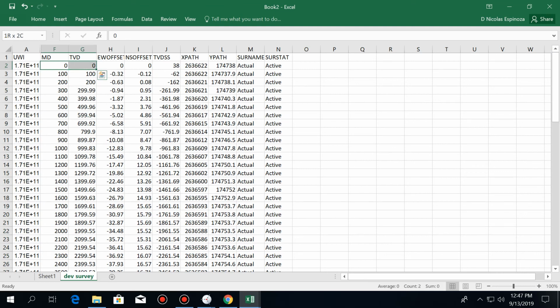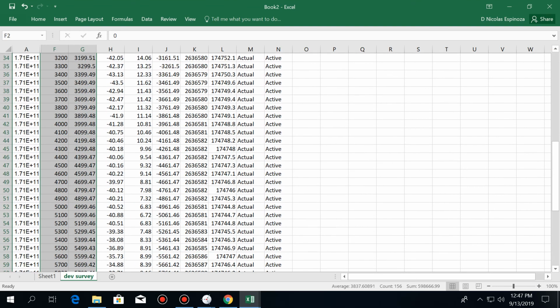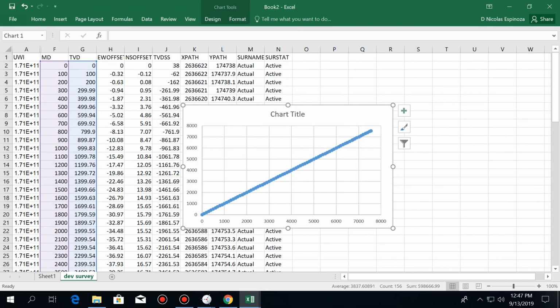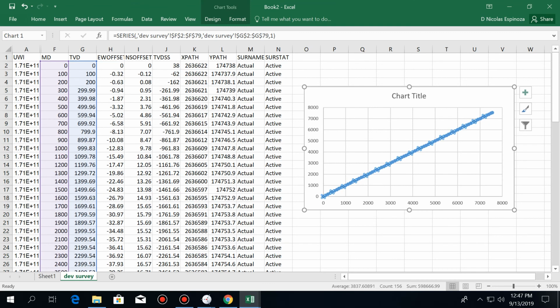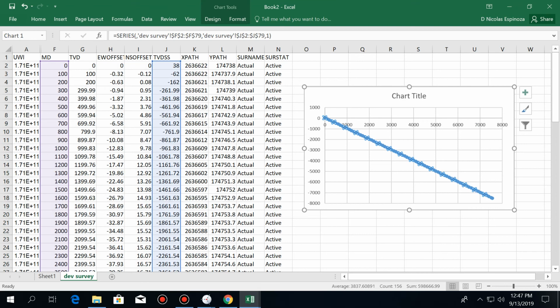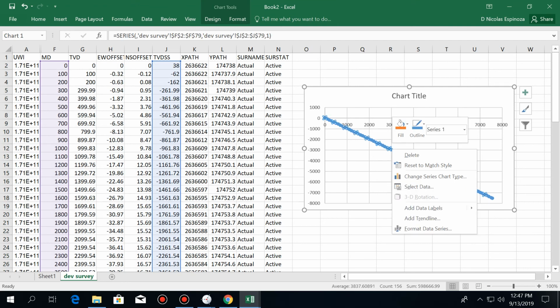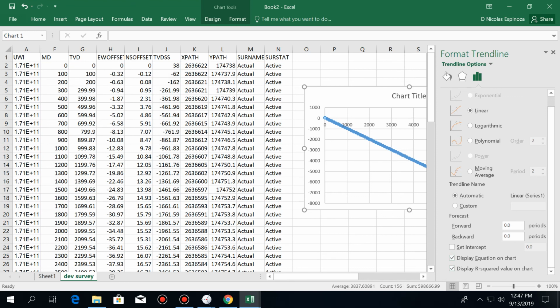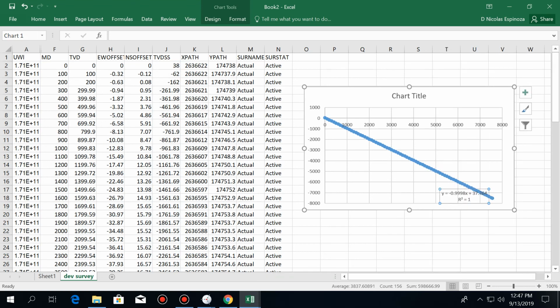So I'm going to make it easy just for this example and create a correlation between those two, between MD and TVD sub C, and that's going to tell me what the TVD is as a function of measured depth. And with this equation now,